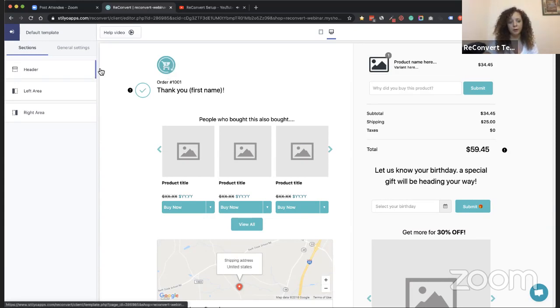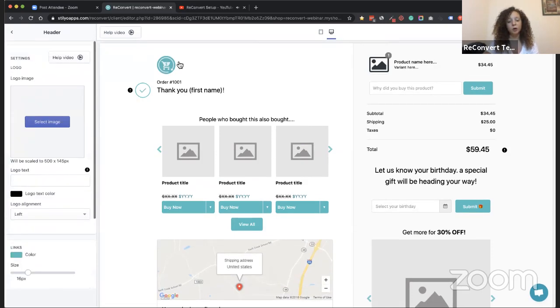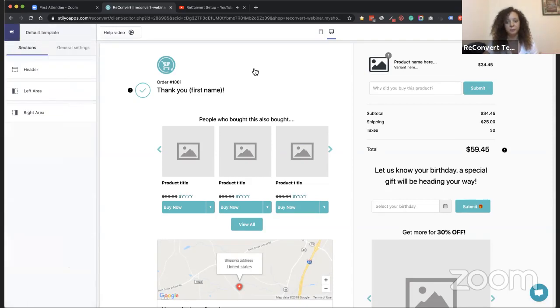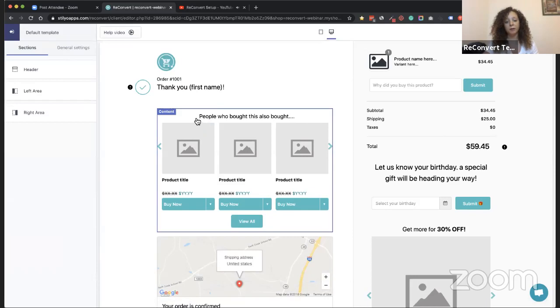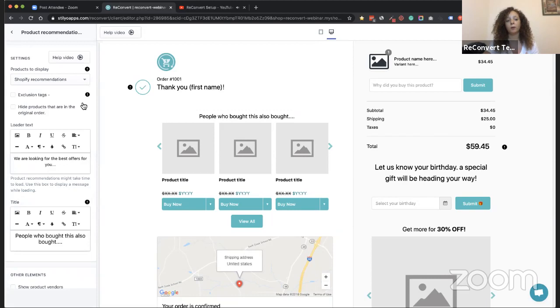So first we have the header, and you can see it here under sections. The header automatically shows the store checkout header. So unless you change that here in ReConvert and select a different image, this is just going to show. You can also add some links here if you want for things like sales, account page, anything that is relevant in your store. Below that, we have the people who bought this also bought, and this is the product recommendations